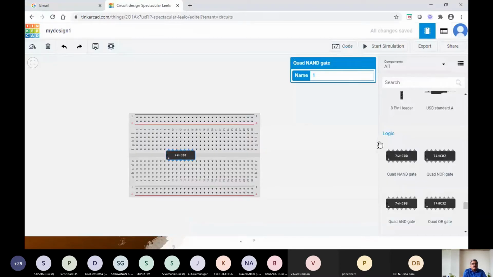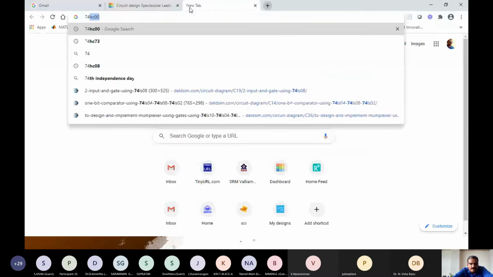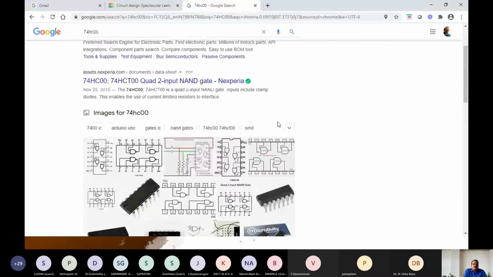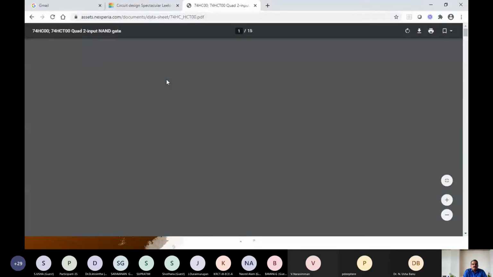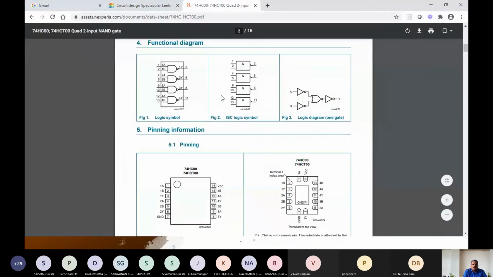So you can also instruct the students to verify the pinout diagrams from the data sheets, right? So you can very well Google it. So we are going to use 74HC00, right? Yeah. So you will be getting the data sheet for it. So here it is.